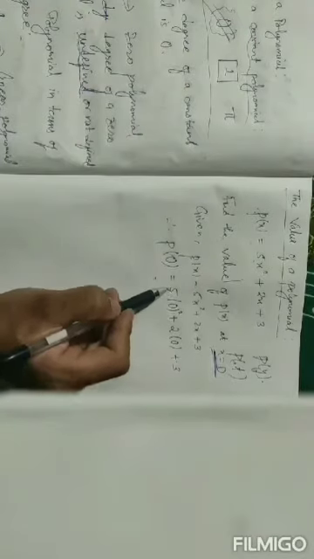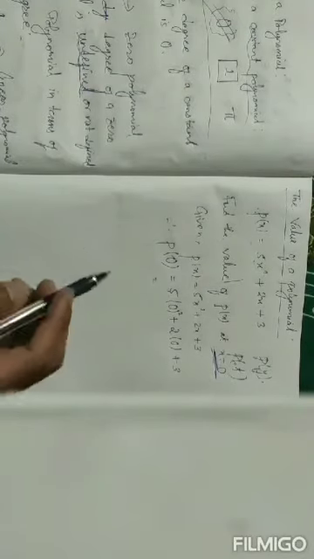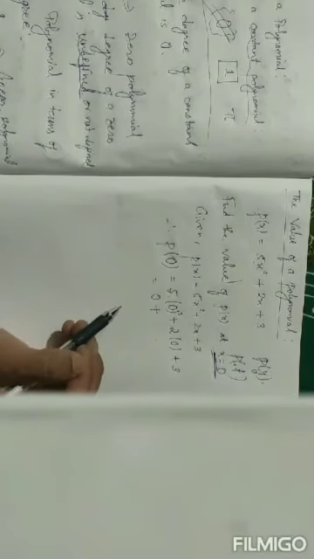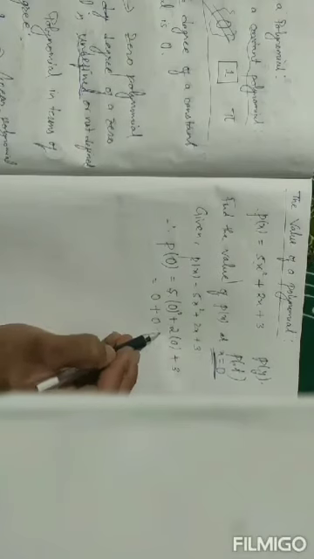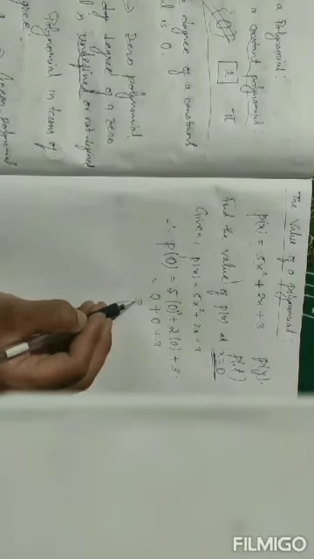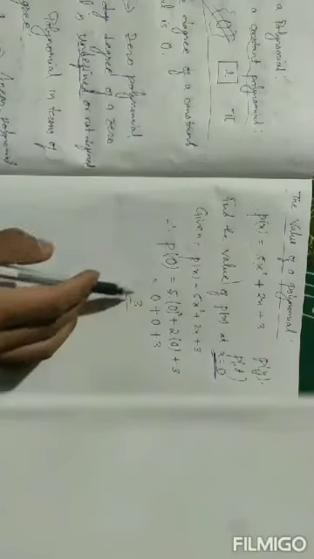So now 5 into 0 square. How much is 0 square? 0 square means 0 into 0. We are multiplying 0 two times, isn't it? So now 0 into 0 is 0. So 5 into 0, 5 zeros are 0. Now 2 into 0, again 2 zeros are 0, plus this 3. Now 0 plus 0 plus 3 is 3. So this is the value of p(x) at x equals 0. That means p(0) is 3.